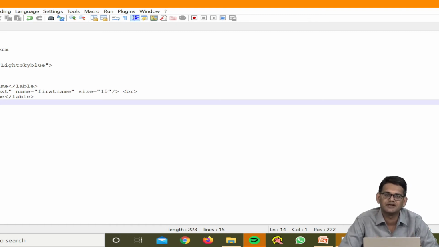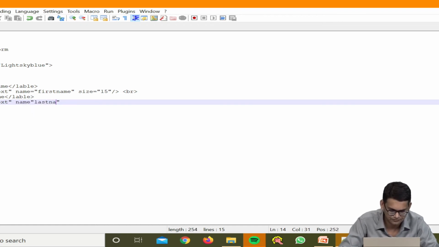For first name we have created the text box, and for last name we also create one text box for input. So, we write input, type is equal to text, and the name will be last name. We can provide the size also, so size will be 15 characters at most, and close. Then we also use BR to break the line.